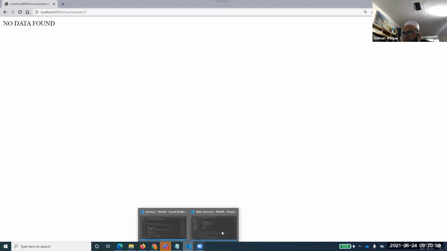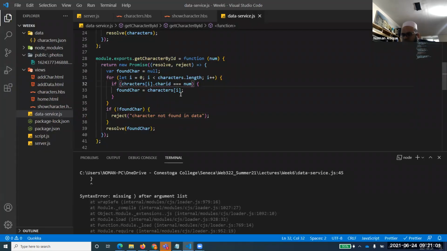Okay, still no data found. So let me just keep it equal: found characters with the characters i, and if not found, character not found in data. If found, resolve found char. Found char will be returned.